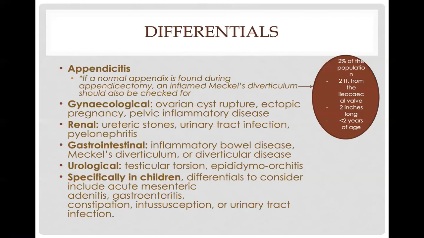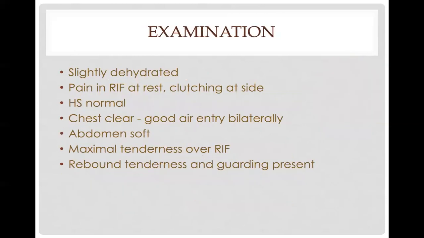Other important conditions not to miss are urological conditions such as testicular torsion. And specifically in children, other differentials can include acute mesenteric adenitis, gastroenteritis, constipation, intussusception, as well as urinary tract infections. So going back to the same case, we go to examine the patient now, and we find that the lady